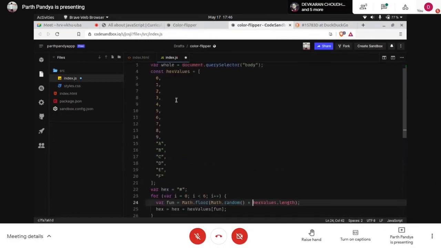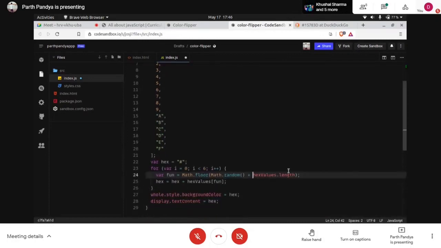We have this length, and it is taking the length of this. We have a length of 14, and it is multiplying this to this, and then we are storing a particular value to this fun. We are randomizing a particular value and storing it to fun, and then we are referencing it with our array. So first of all, hash, it will start from hash plus the value of this, and in the end we are having a particular hexadecimal value created using this.